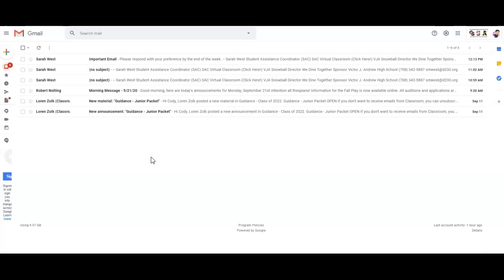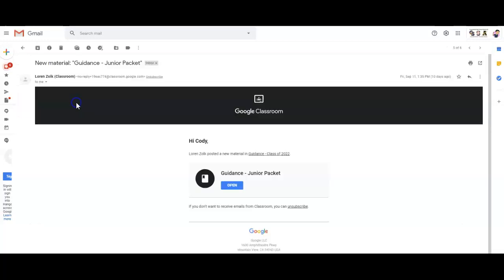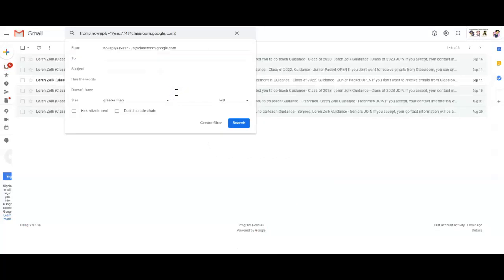However, if you want things to automatically go to those folders, there's also a great way to do that. So for example, Mr. Zolt posted something in the Guidance Google Classroom. We can put all of those updates directly in that class folder. What you can do is you can click here on the email, you can review the email, and then you can filter messages like these. It's going to take you to a screen that looks like this. What you then want to do is click Create Filter,